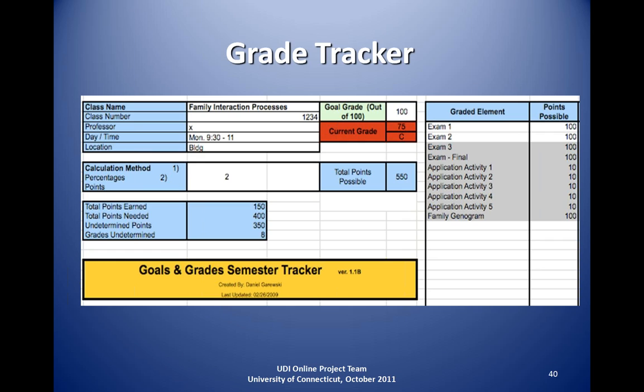The grade tracker, I'm particularly excited about this tool. We have used it often. I have included it in the syllabus for students to use. This was actually created by one of the graduate students here in the Center for Students with Disabilities at University of Connecticut. And what it is, a program within Excel which allows the student to put in the anticipated grade